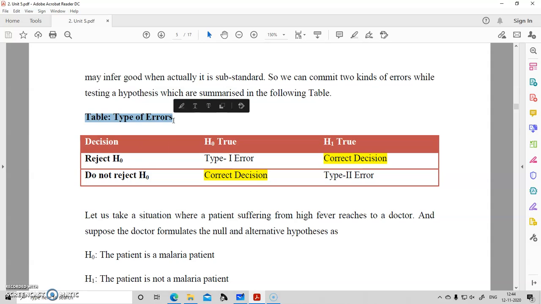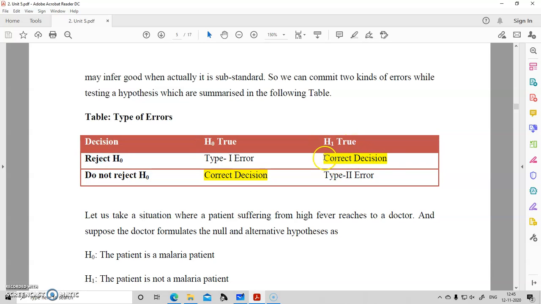This is about the decision table. Reject H naught: we are going to reject H naught, but actually H naught is true. H naught is true and we are going to reject it, instead of not rejecting it. So it is an error committed. This is known as a type 1 error. When the decision taken is reject H naught and actually H1 is true,